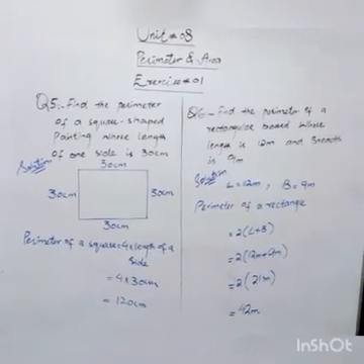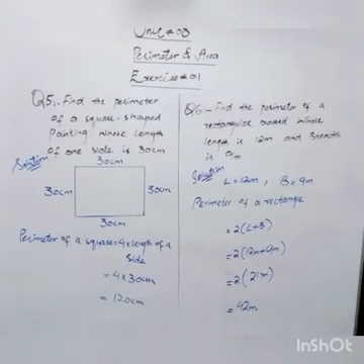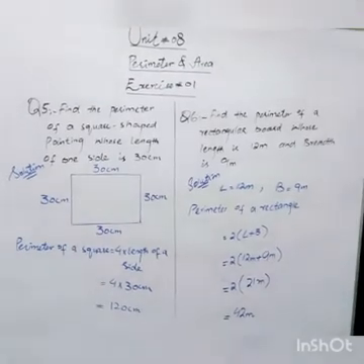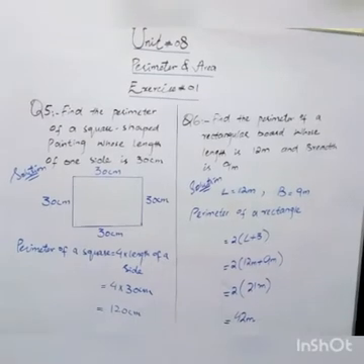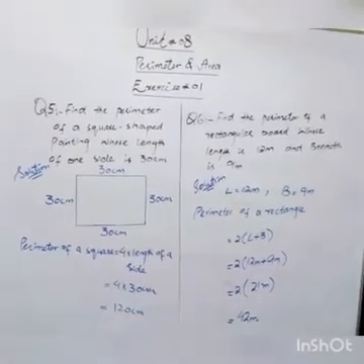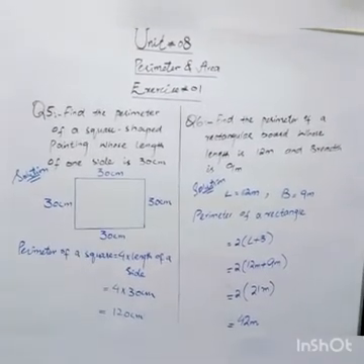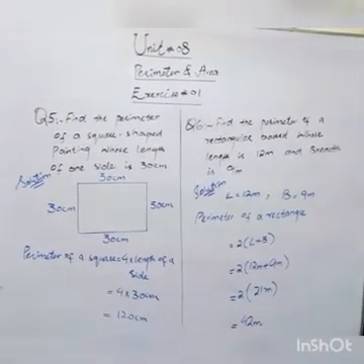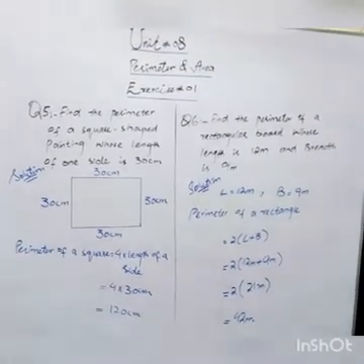Now we have to find the perimeter of a square, and we know that the formula to find the perimeter of a square is 4 into length of a side. The length of a side is given, which is 30 centimeter. We will put the length in the formula. 4 into 30 centimeter. When we multiply 4 with 30, we will get 120 centimeter. So the perimeter of a square shape painting is 120 centimeter.